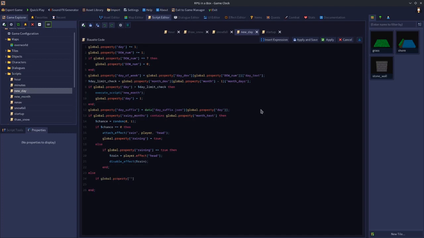So again, if global property raining is true, then we can safely remove the effect. Otherwise, it will get an error again, because we'll be trying to remove something that was never there in the first place. $rain equals player.effect head, and then disable effect